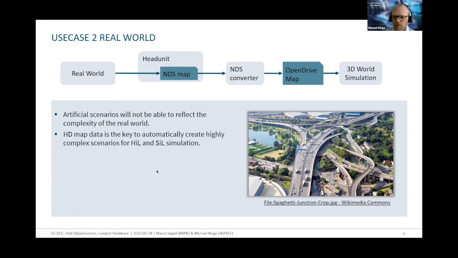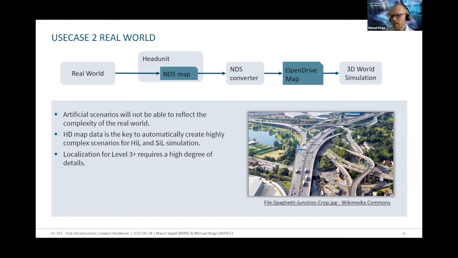But what is also really important here is that, as Marco has said before, especially for higher levels of automated driving functions, level 3 and up, we need a lot of detail in this map. We have this detail here in the NDS map in the head unit, but we also need this detail in the OpenDrive map for the simulation, because as Marco said before,